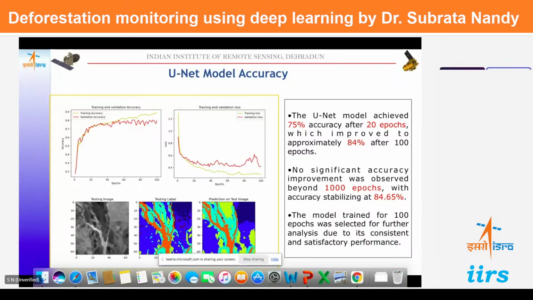You can see here the accuracy and validation accuracy, the loss function graph derived from the training and testing images. Initially, the training of the UNet model was done using 20 epochs, which resulted in around 75% accuracy,